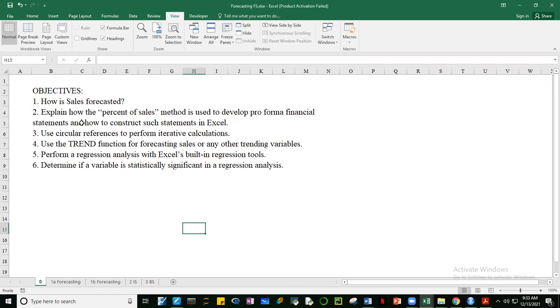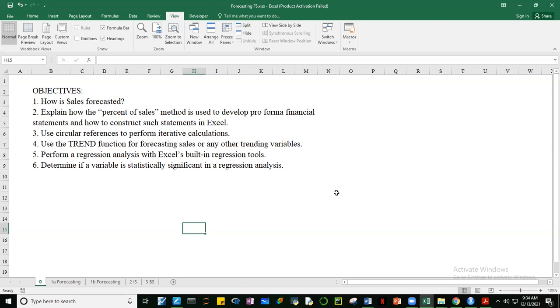Okay, so if we take a look at our objectives, how is sales forecasted? That's the first thing that we're going to learn. Number two, we're going to make use of the percentage of sales method in order to develop pro forma financial statements, and we're going to construct them in Excel. Third, we're going to learn how to use circular references to perform iterative calculations. We're going to learn the trend function and do some regression analysis,